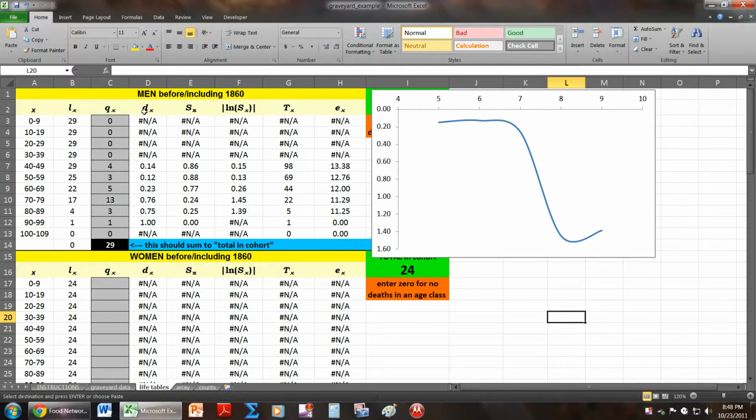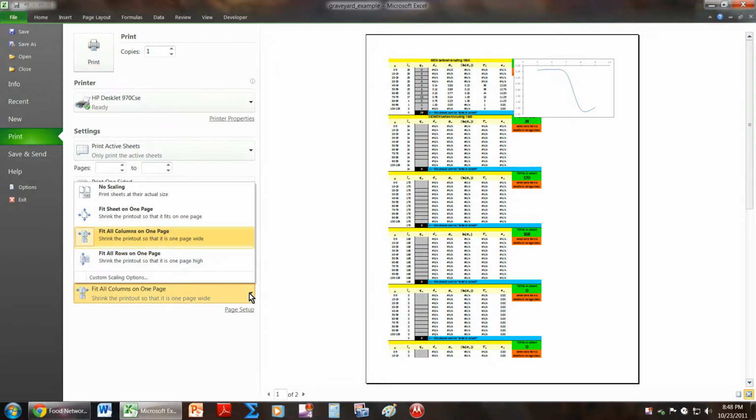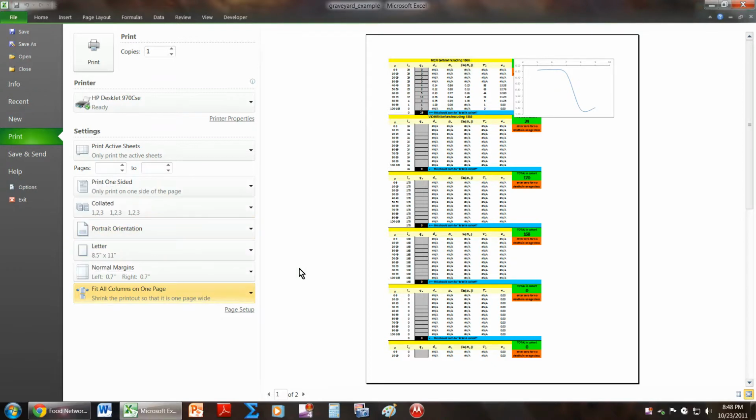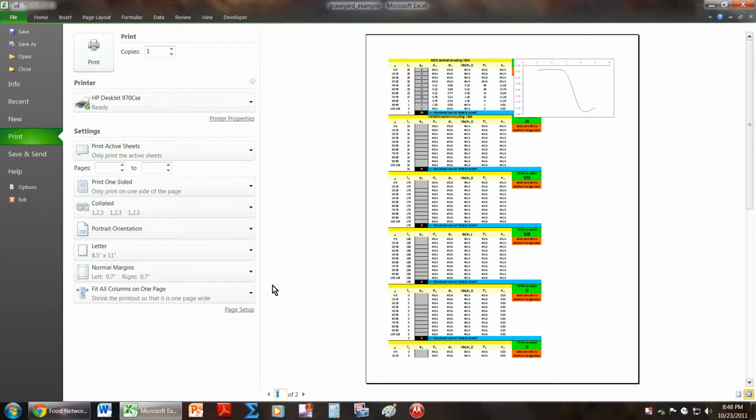For the purposes of printing, let's see what that's going to look like. Now, if you do this option here, just do portrait for your page orientation. And also down here where you have your scaling options, if you enact this particular option here, fit all columns on one page, this way you'll get the graph, you'll get your life tables, and you'll get it all out on actually 2 pages. So there you go. And that is how you process and print out